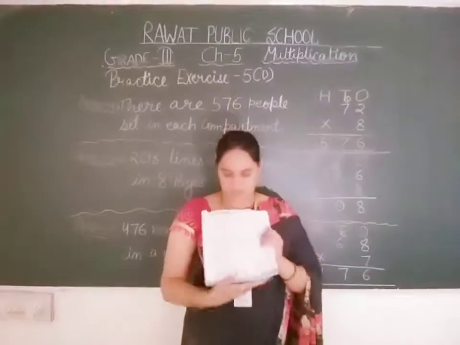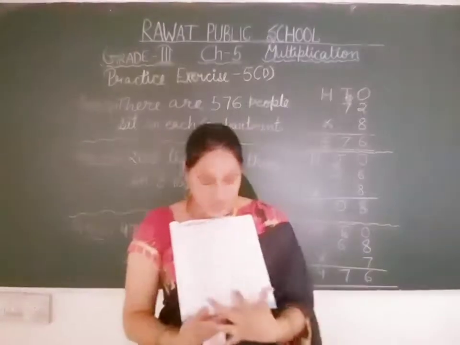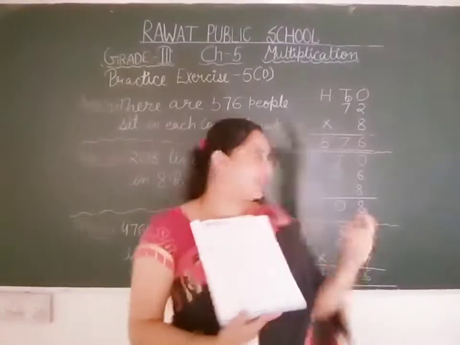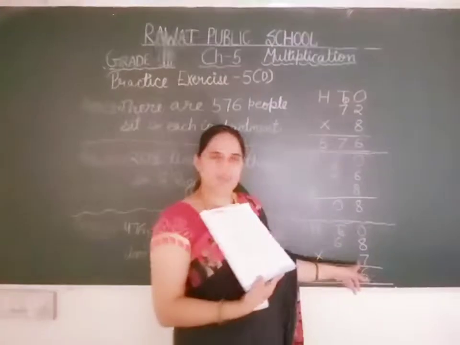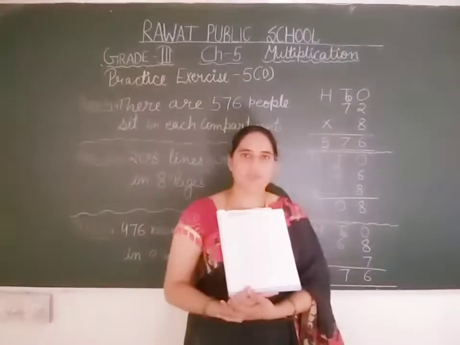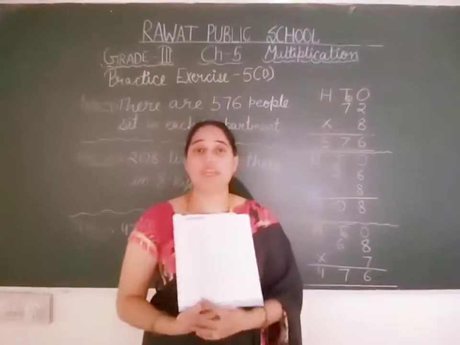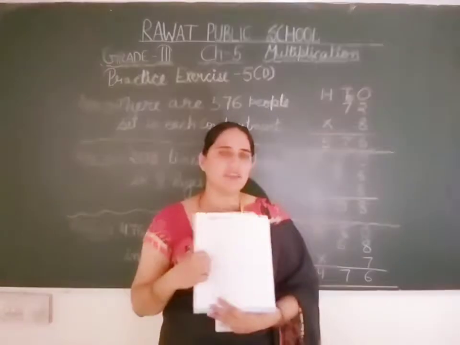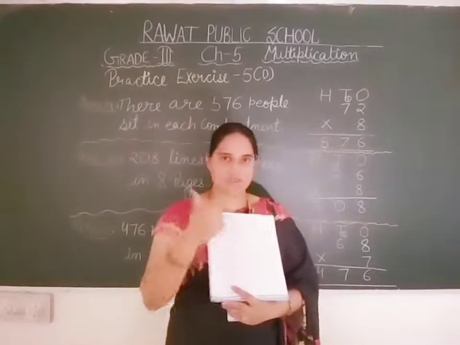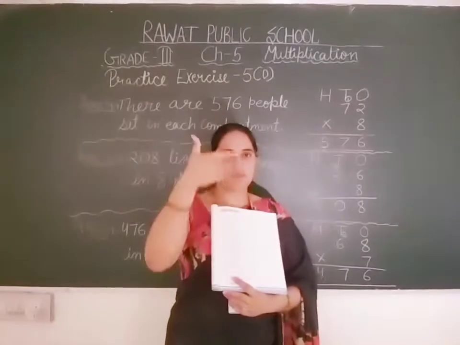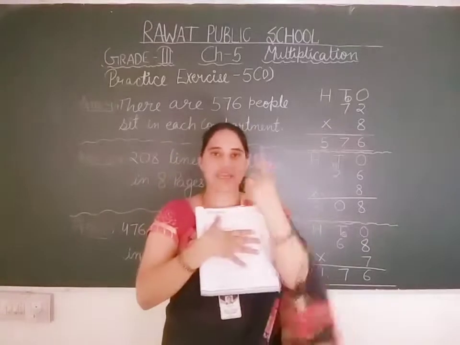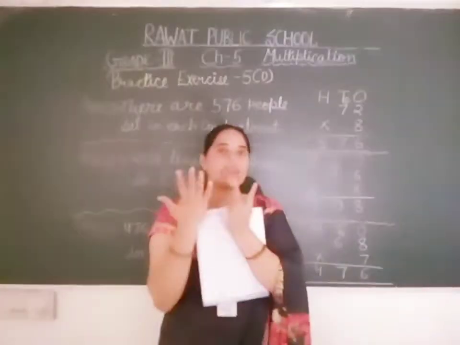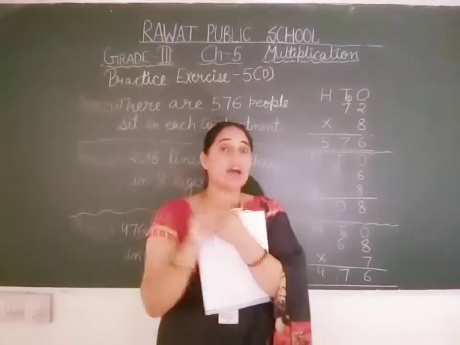Now look at this question, students. In this question we have only one number, that is 68. But I am writing 7 here. Can you tell me where I got that 7 from? That 7 comes from the weekdays. How many days are in a week? There are 7 days. Shall we count? Sunday, Monday, Tuesday, Wednesday, Thursday, Friday and Saturday. So there are total 7 days in a week.